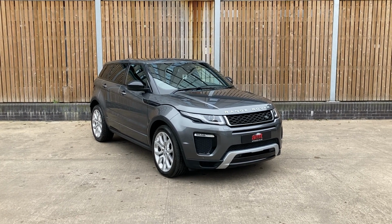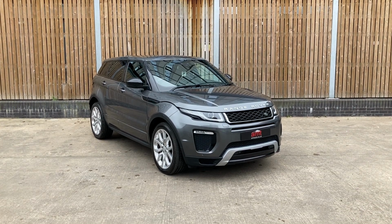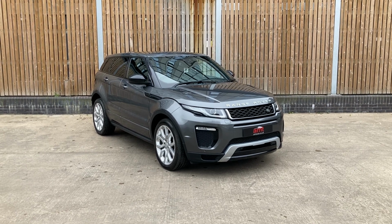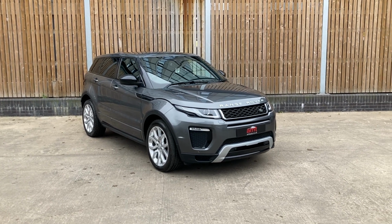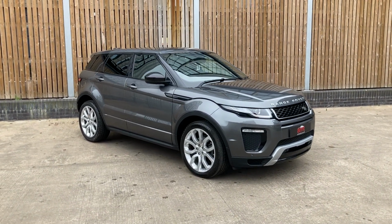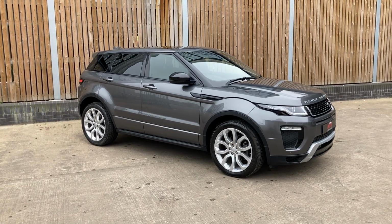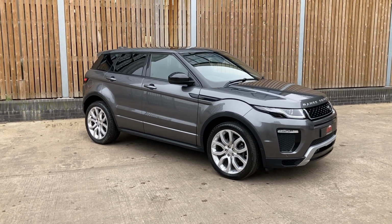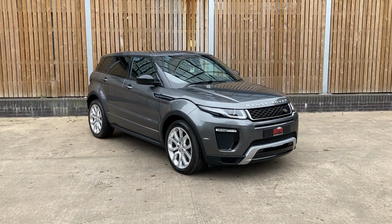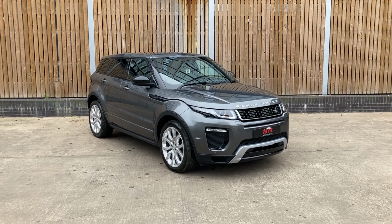To add to this, we also have £1,365 worth of factory fitted optional extras, and that's to add to the already incredible list of equipment that's on this vehicle. So the specification including, as we can see on the exterior, the Corris Grey Metallic, which is a £640 factory option, the privacy glass from the B pillar backwards tying in the styling very nicely is a £375 factory option. We have lane keeping assistance with lane departure warning, which is a £350 option, and part of the